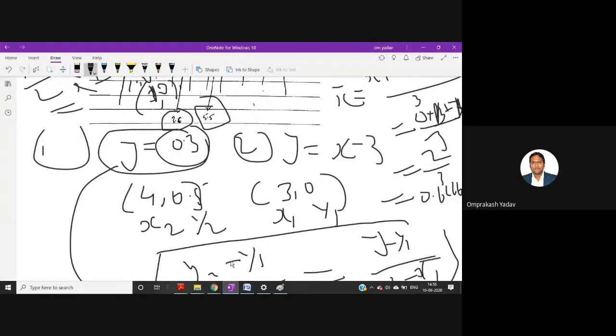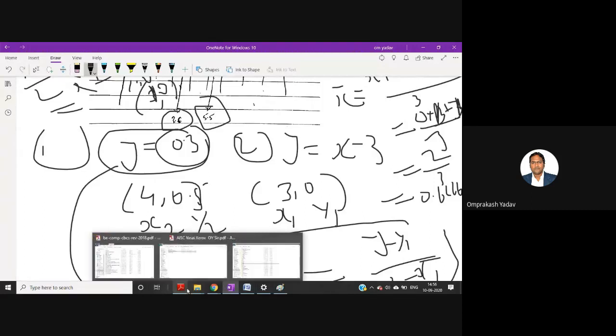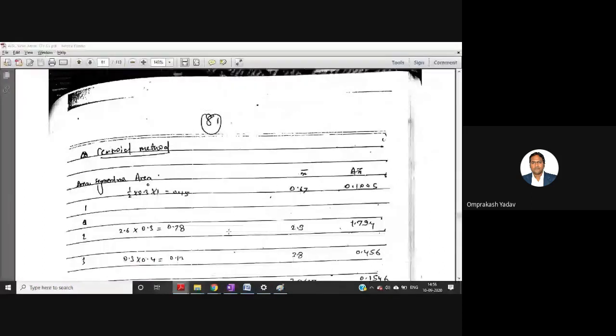So just multiply by that. Here it's approximated at this particular point. You can take till 4 values, and the fourth value you can approximate, like 0.6667. Just multiply both the values. So 1/2 into 0.3 into 1, you will get 0.15 multiplied by 0.67. So you will get A x bar as 0.1005, something like this.